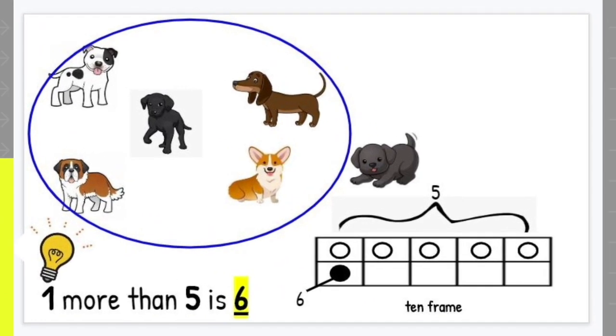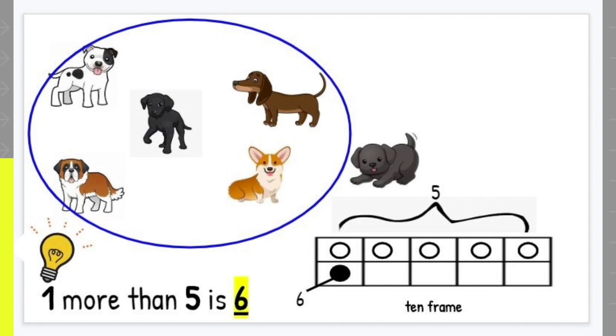Very good. Okay, friends, I want you to pay special attention. I have a light bulb on this picture here. Do you see it? The light bulb is by our statement saying that 1 more than 5 is 6, because you just hit your goal. Remember our goal